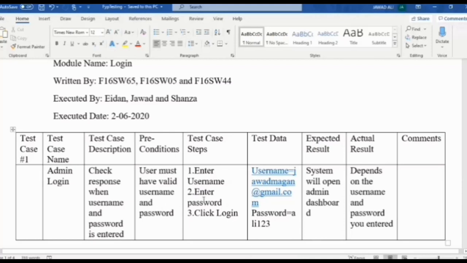Its steps are to enter the username and then password and then login. Test data must be a username and password. The expected result is that it will open the admin dashboard if you have followed the steps rightly. And the actual result depends on the data you have entered.